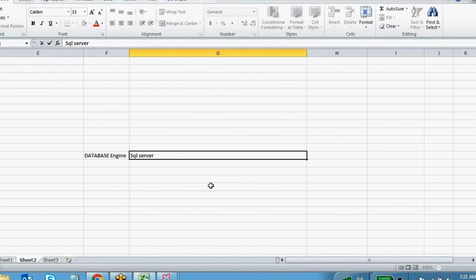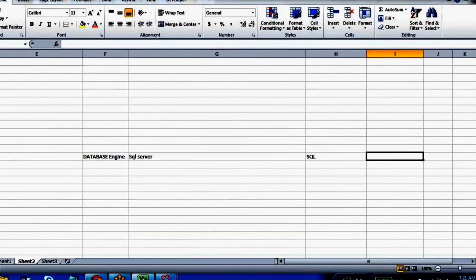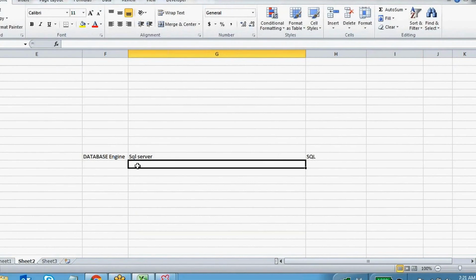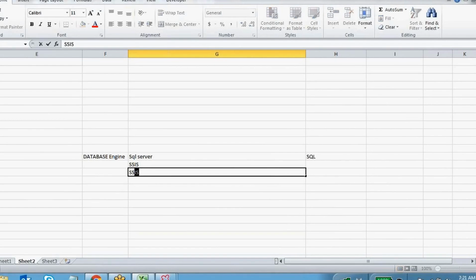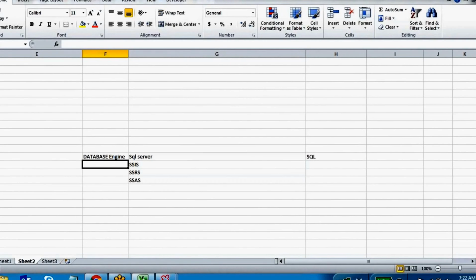So how are you going to interact with SQL Server? By writing SQL. Where are you going to write the SQL? Definitely you require a tool, and you are going to use SSIS for ETL, SSRS for reporting, SSAS for OLAP. This is ETL.